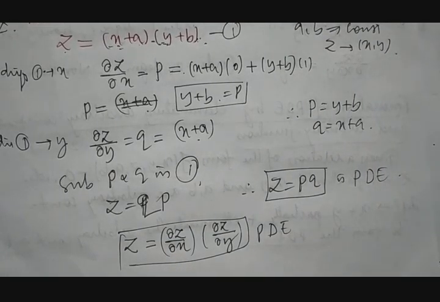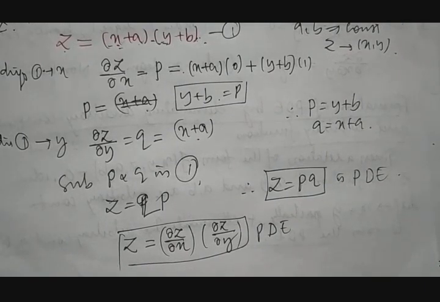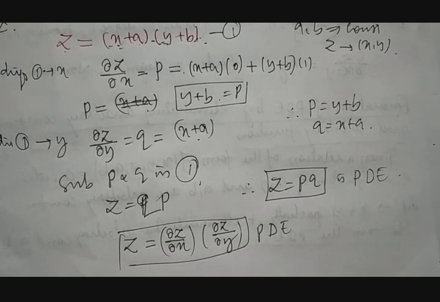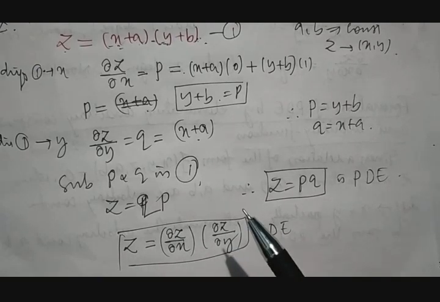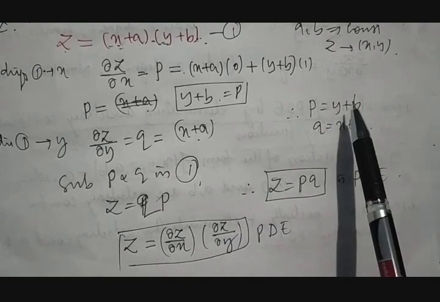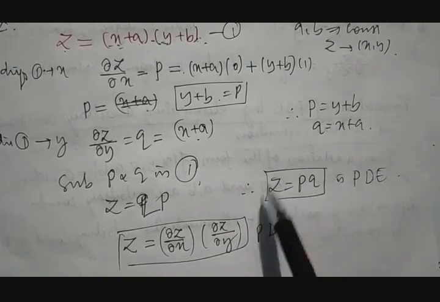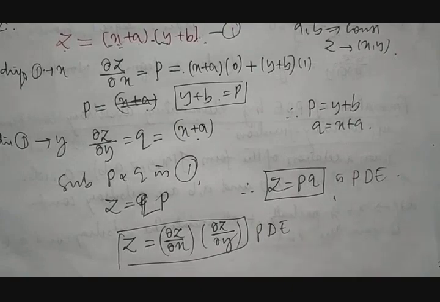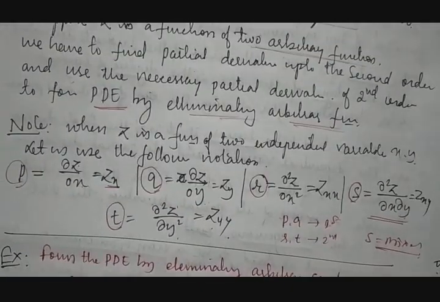When we call this a required partial differential equation, we need to keep one thing in mind: whether the constants are really eliminated or not. Either you take this or this, they are eliminated. How did they get eliminated? After differentiation we got this equal to this and this equal to this, which is replaced by the new notation. So elimination is done. Already it is eliminated.